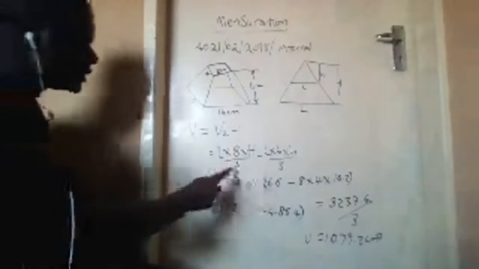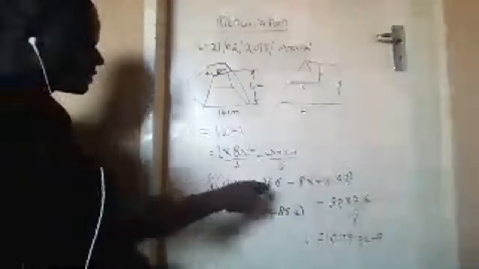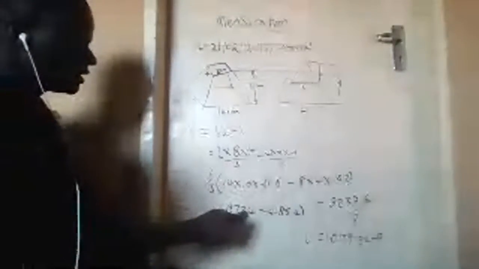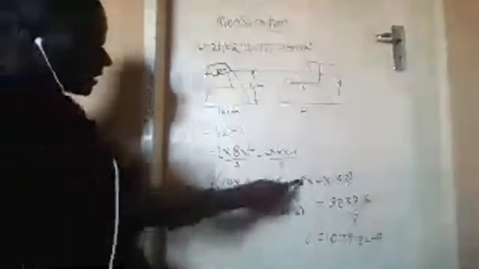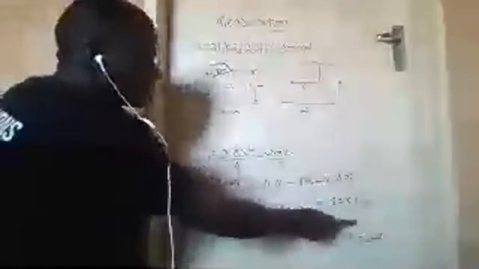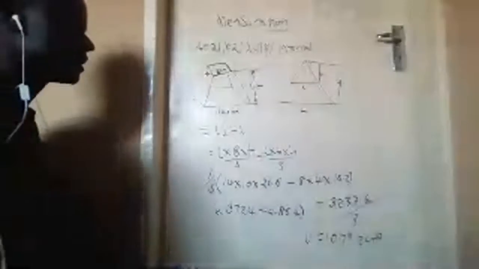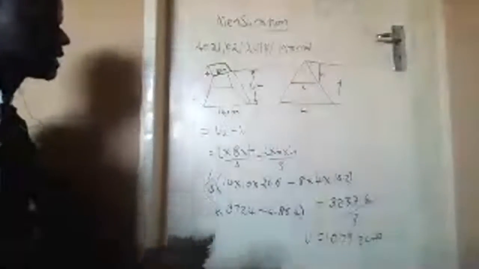Then you substitute. 14 times 10 times 26.6 is 3724, minus 8 times 4 times 15.2, and that was 486.4. When you subtract this, it gets you 3237.6. Then divide by 3, it gives you a volume which is 1079.2. But that can just be rounded